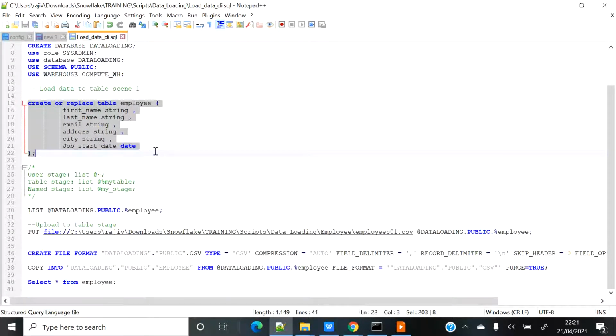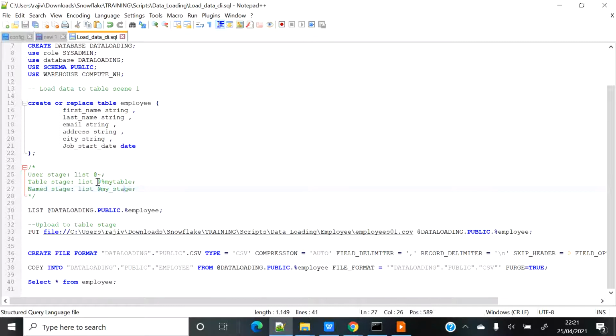The next step is that I have to upload my file, the data which I want to load, into one of the stages. There are basically 3 stages, and if you don't know much detail about what a stage is, just go and watch my recent blog on data loading. There I have explained the different types of stages and for what purpose to use which stage. Today I'm going to upload the data to the table stage.